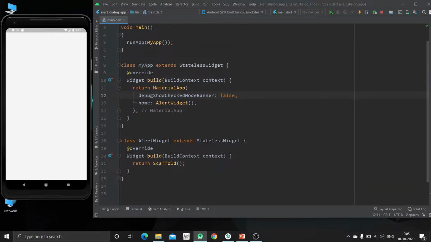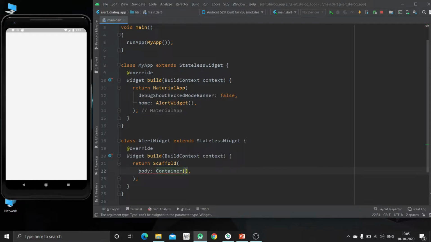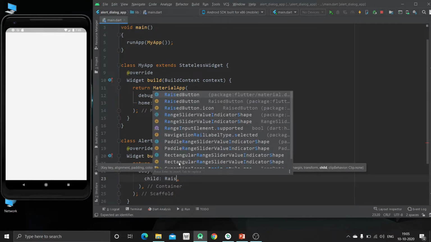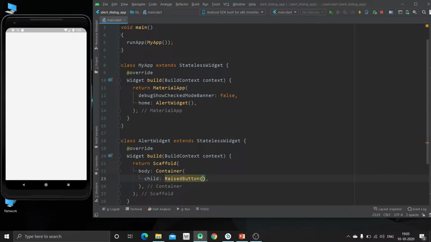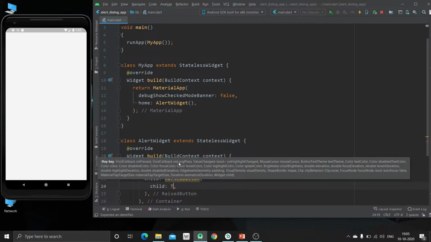Now we are going to specify the body. Inside that, first of all just create one container. Now we will create one child, which will be a raised button. The child of this raised button will be text.